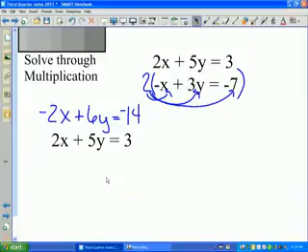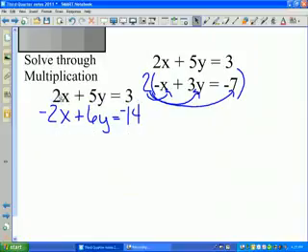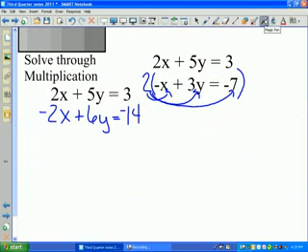It could be underneath it. If you wanted to put it on top, you can do it on top. Either way, you're going to get the same answer. But make sure that your x's are lined up and your y's are lined up. Let's put it on top just so it can be consistent. So now, looking at my numbers,